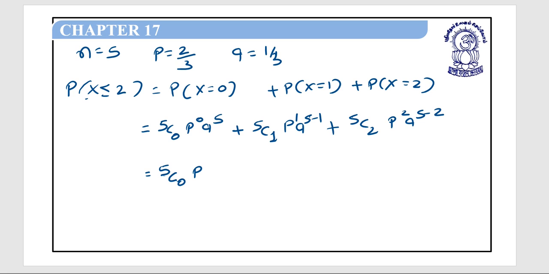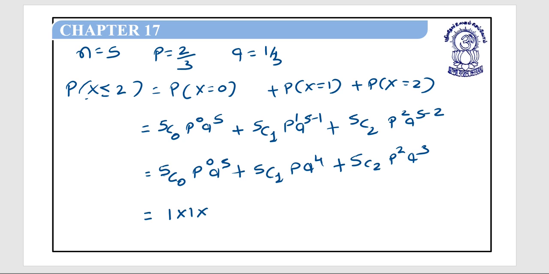That is 5c0 p raised to 0 q raised to 5 plus 5c1 p q raised to 4. So here put the value q 1 by 3 raised to 5 plus 5 into 2 by 3 into 1 by 3 raised to 4